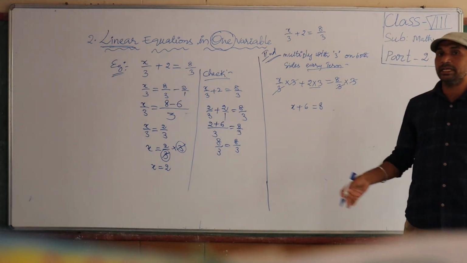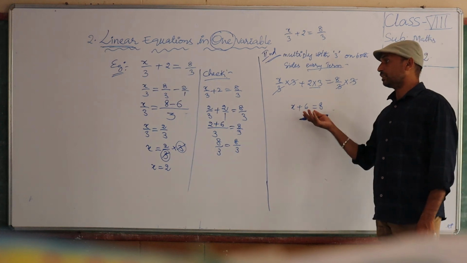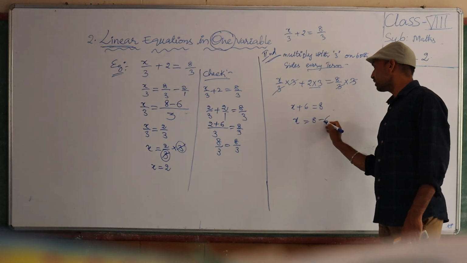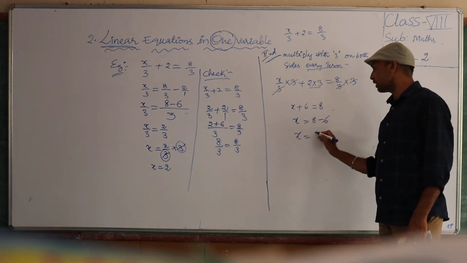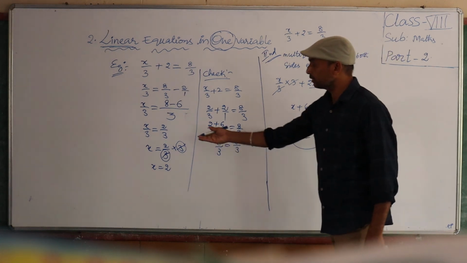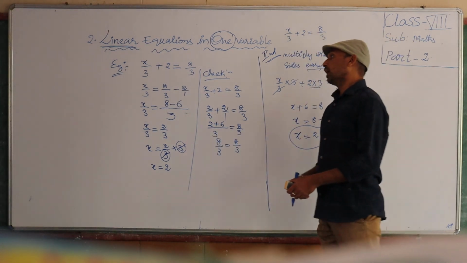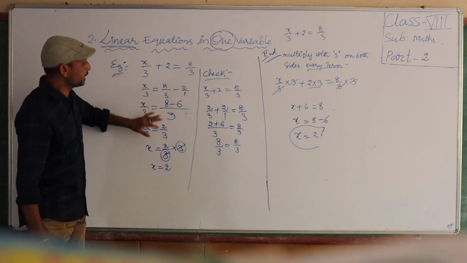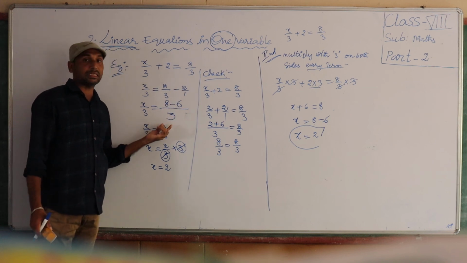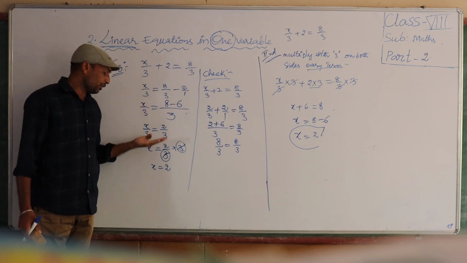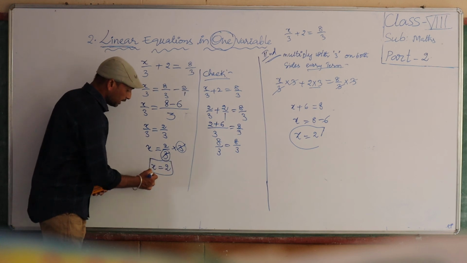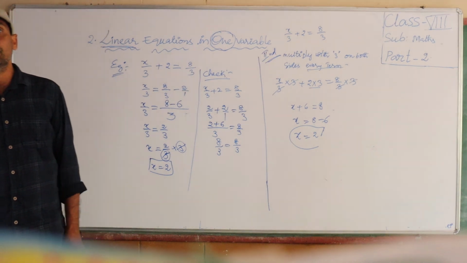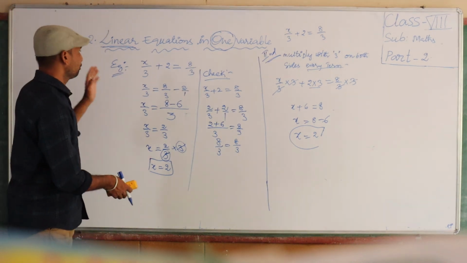Then generally, as I already told you, we got a simple equation. So this 6 transposes, x is equal to 8 minus 6. Then x is equal to 8 minus 6, 2. So we are getting the same answer. If you find this method easy, fine. In the first method you may get some confusion because LCMs are there. So whichever is easy for you, follow the first method or follow the second method. You can decide in that way, right?